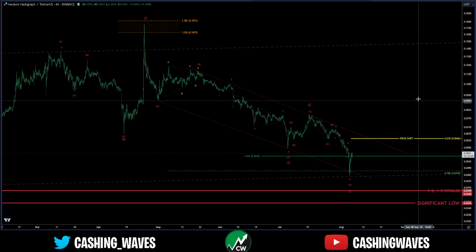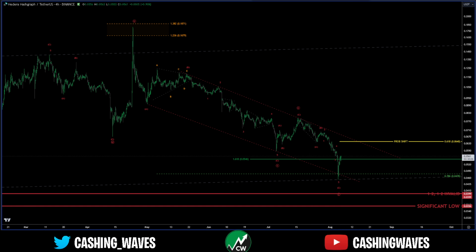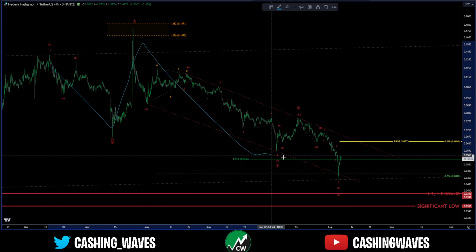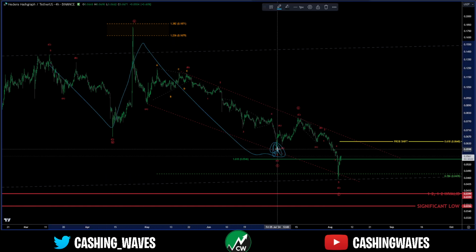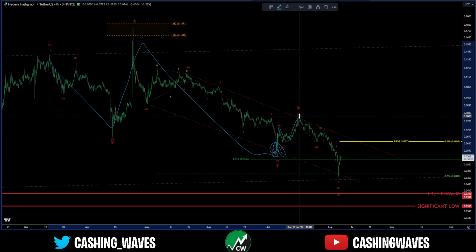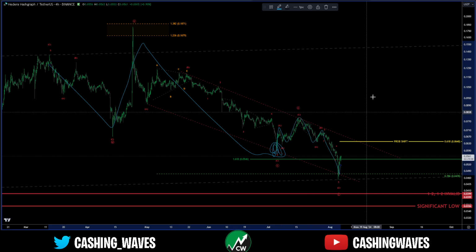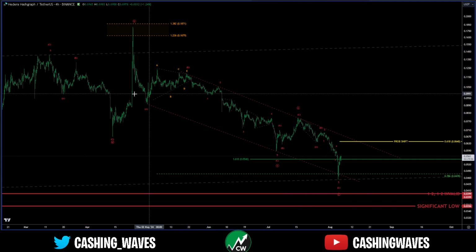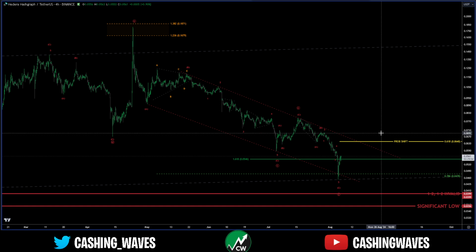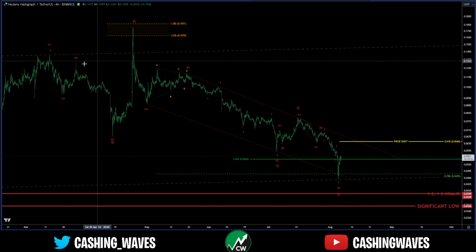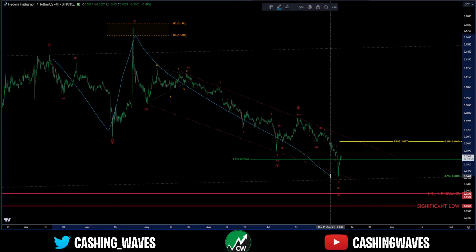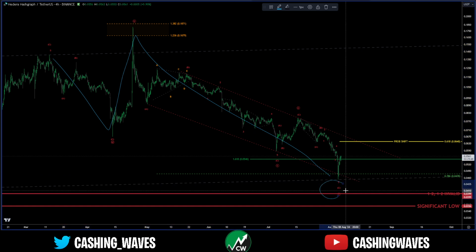Basically, after reanalyzing everything, the only difference is originally we had a WXY. We did call the bottom of the Y wave. Unfortunately, we only made up 3 waves, and we have a Z wave now. So just a WXYXZ. I did consider the fact, okay, could this be an A, B, C as a diagonal ending in a C wave?